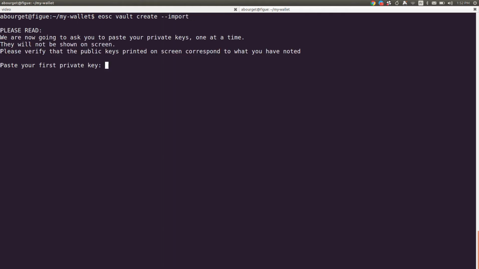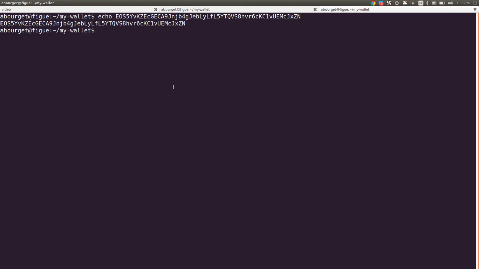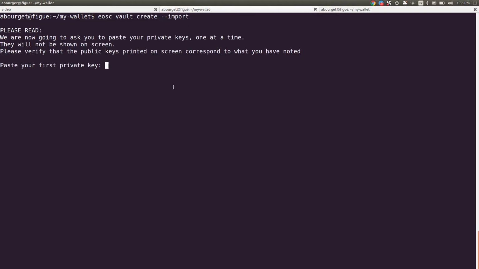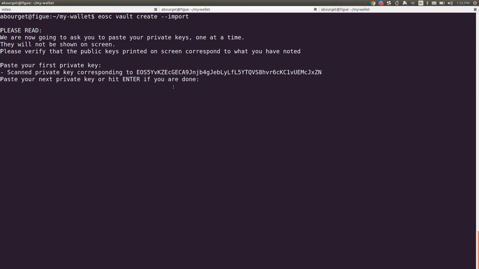If you run that, it will allow you to paste your private key in. Mind you, the private key is not going to be shown. We're going to show the public key for confirmation that we did input the right private key, and then it's going to be serialized and encrypted in the vault. In my clipboard right now, I have the private key. I'm going to paste it in, and it should correspond to this key here, XZN. Okay? I'm going to paste it in, poof, and then hit enter, and it indeed shows that I have loaded that key.